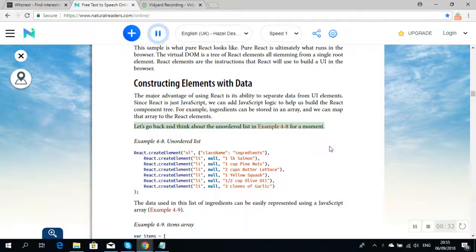Let's go back and think about the unordered list in example 4-8 for a moment. React.createElement("ul", {className: "ingredients"}, React.createElement("li", null, "1 pound salmon"),